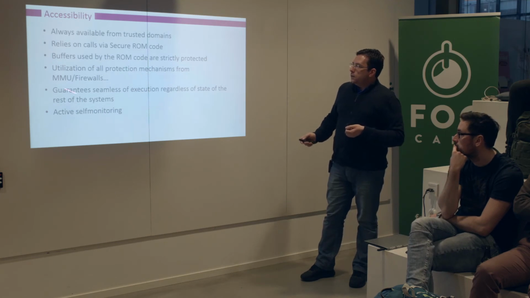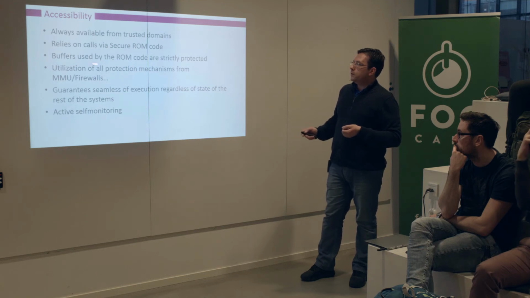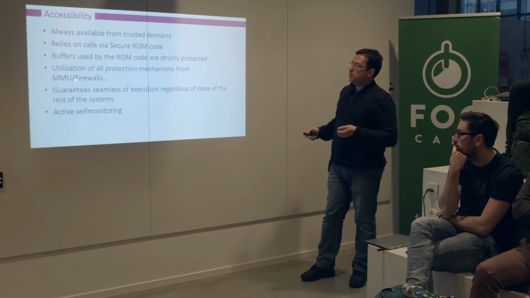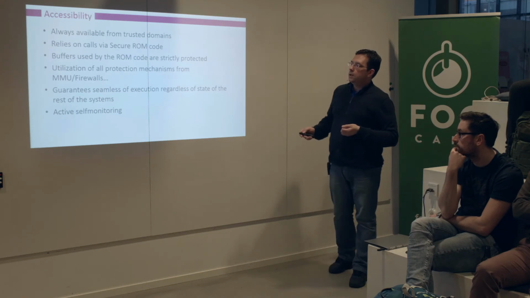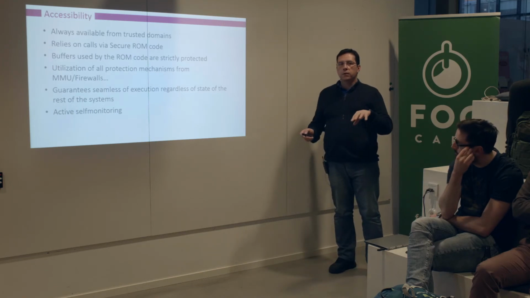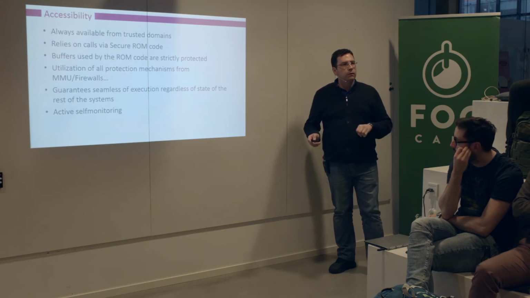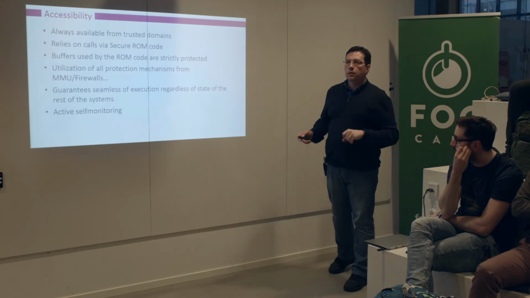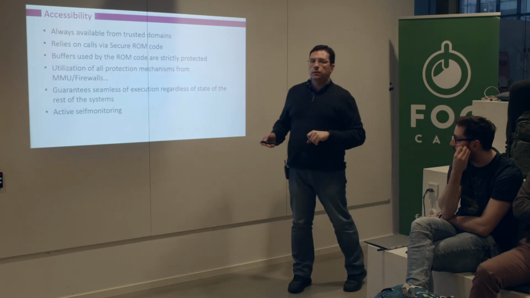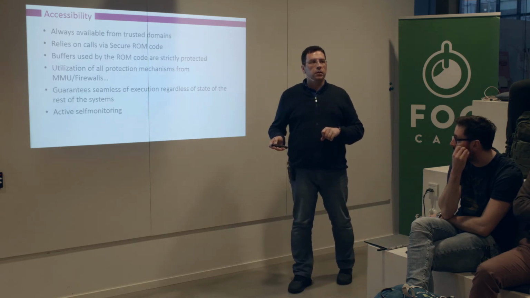In order to gain a proper anchor of trust, we propagate all the information through protection mechanisms like MMU, bus firewalls, bus gateways, and all of them are configured in a way that guarantees that all the data flows in a proper direction and that only limited access is given to the resources within the system.